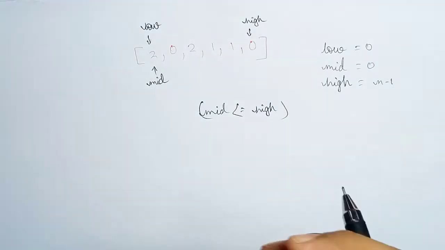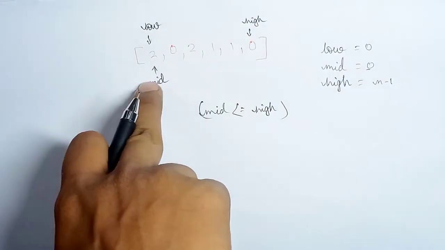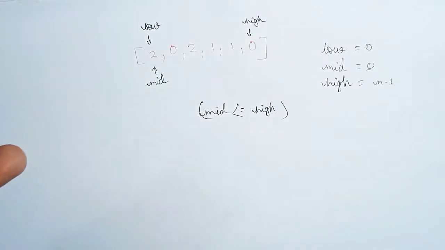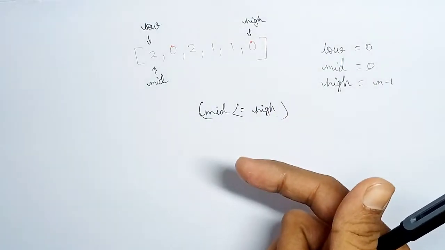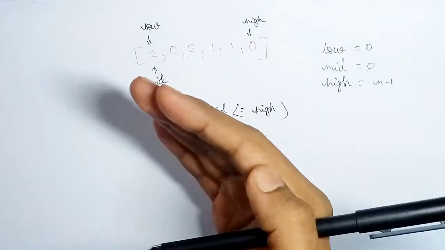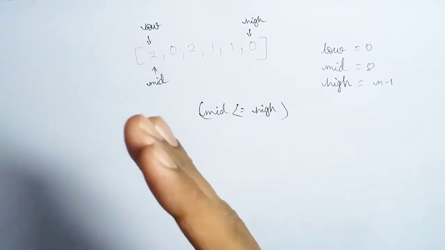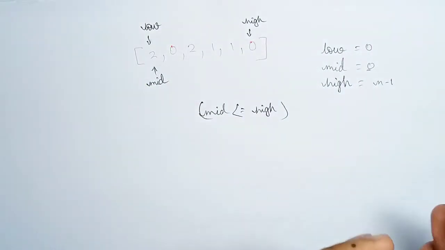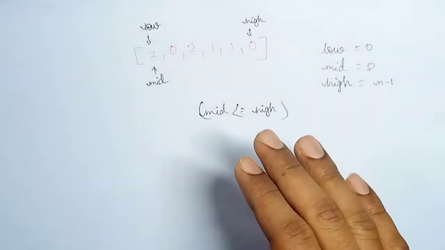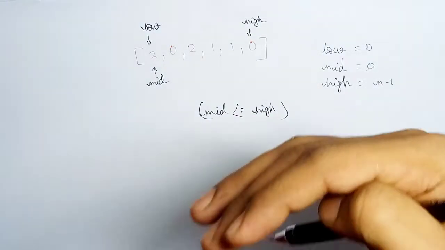We will always be checking the value at the position of mid. Here mid is at the 0th position, and the value there is 2. When we get 2, we swap the mid value with the high value and move high back by one place, then run the loop again. If we find 0, we swap between low and mid and move both low and mid one step ahead. And if we find 1, we don't do anything and simply move mid one step ahead. Let's break this down into passes.